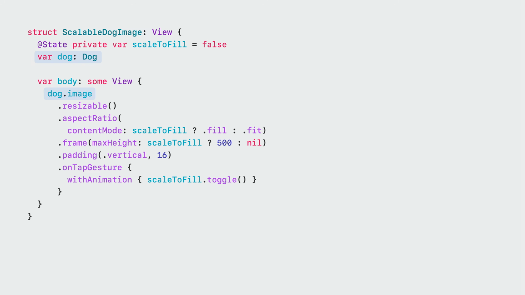But looking at this view, we only care about the image. So we can eliminate this dependency by instead just using the image, and now, when I change a property of the dog that isn't related to the image, I don't see a log. The view's dependencies are tightly scoped. If you follow this technique, don't forget to remove the call to print changes.